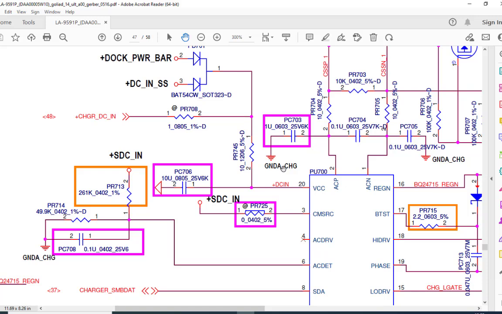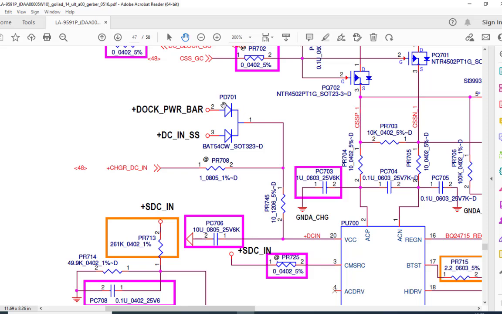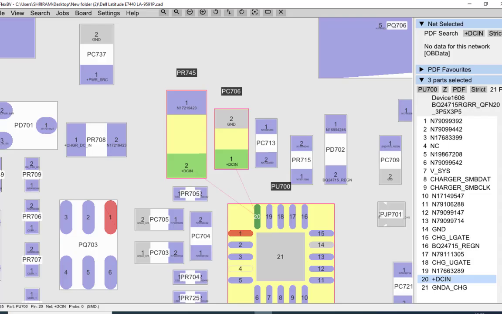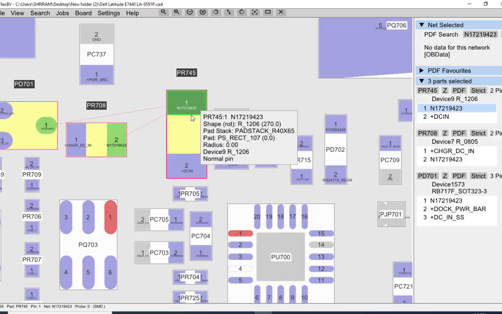Okay, so my voltage is coming from here, where one diode is there, a PD701. The voltage is coming from this side. So what I'll do is I'll trace this diode. Where is this diode? So I'll come here and I'll click on this resistor, and then